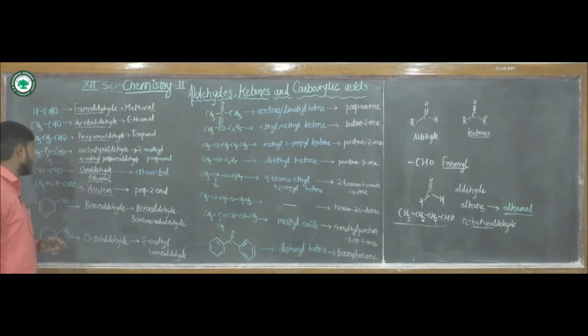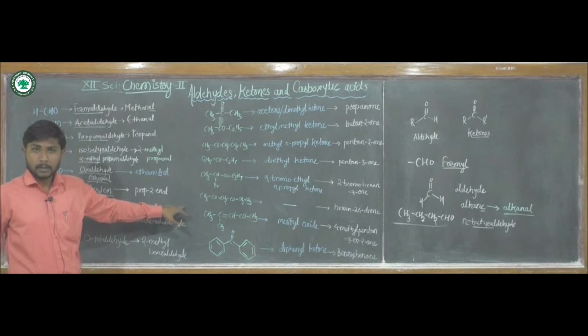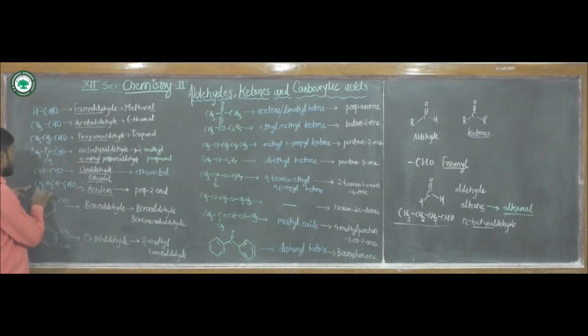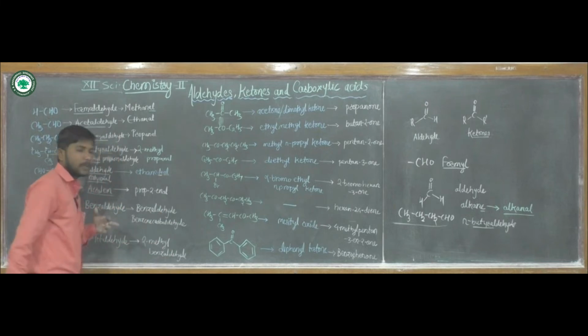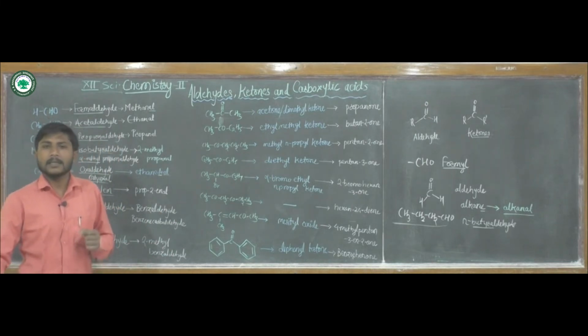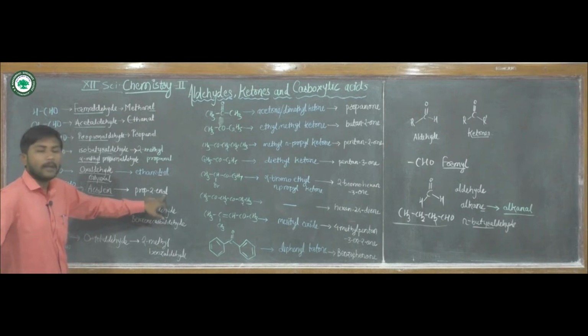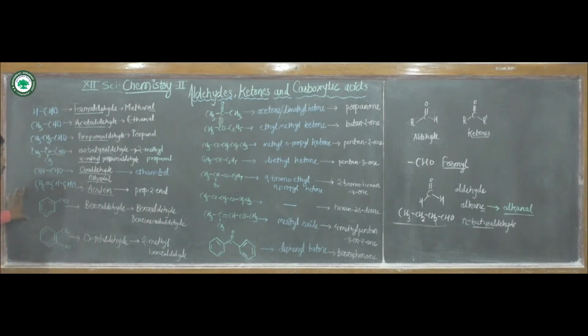Common name is acrolein, but in the IUPAC naming system, again we come to know that the carbon number will be given to the carbonyl carbon, then carbon number 2 and carbon number 3. Prop-2-enal. Here is prop-2-enal, or this is a propene, CH2=CH. This is a propene, but with presence of aldehyde, the e of the alkene or alkyne is replaced by al.